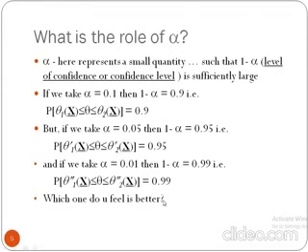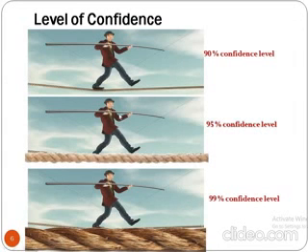Now coming back to this question, which one is better? You will definitely tell that this is better because this is giving me more confidence. But let us look at this. Here you see there are three individuals. They are walking on a rope and trying to cross from one point to another. Now this person is walking on a very thin rope, so he will have more chance of falling down. But definitely his precision is more. He has to practice it a number of times to be successful. But also there is a high chance of his failure because he is doing a very difficult type of work.